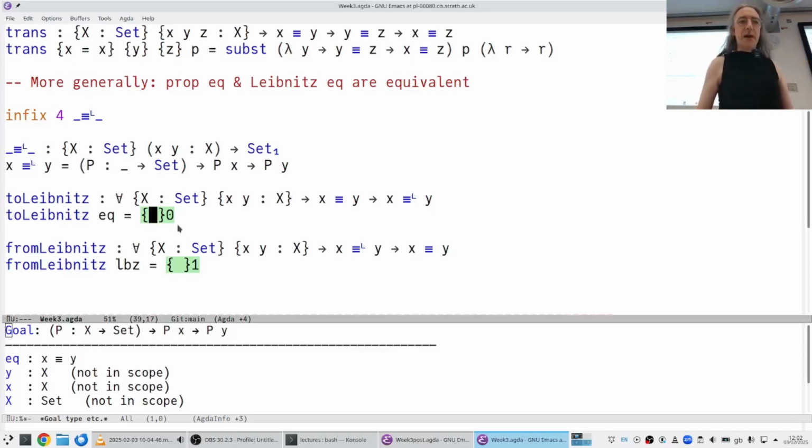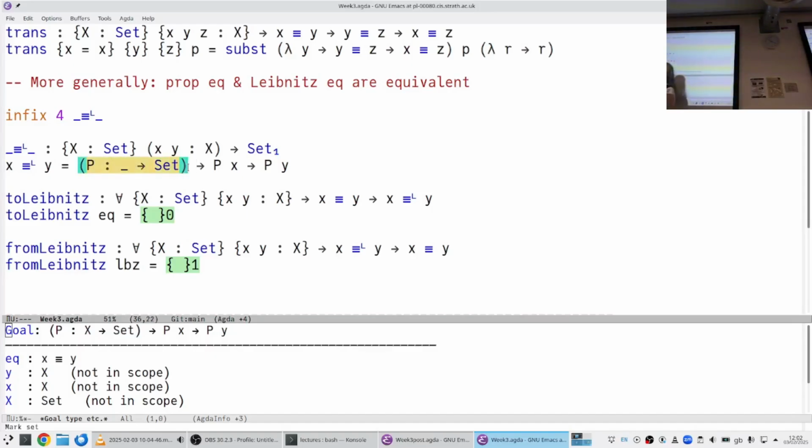Did you explain the term Leibniz equal last time? Yeah, we did. The philosopher Leibniz characterized equality, what it means for two things to be equal. It means that anything that's true about one of them is true about the other one. So that's what we're saying here, that for all properties P that might pertain to things of this type, if the property holds for x, it holds for y. That's what x equals y kind of morally means.